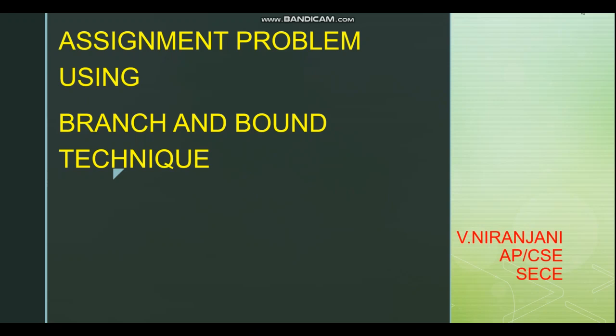Introduction to branch and bound. In this method, a space tree of all possible solutions is generated. We will be constructing a tree with all possible solutions. Then partitioning or branching is done at each node of the tree. We compute a bound value at each node. It may be a lower bound or an upper bound based on our problem.